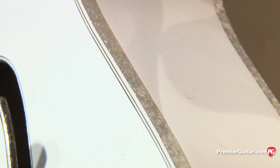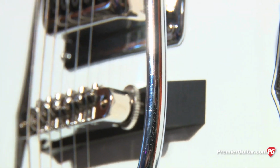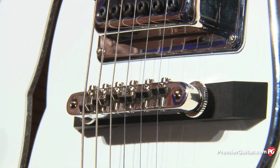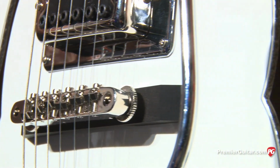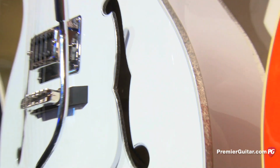And of course, the other element that he wasn't happy with on his original one is that the bridge wasn't pinned. So that's a stock thing with the new Billy Duffy guitar. It has a pin bridge. It's white with silver sparkle binding around the neck and around the body, around the sound holes. We certainly maintained the Baldwin era size sound holes on the body,